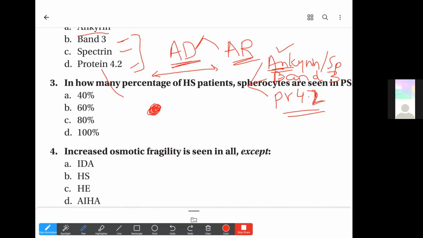And in rare cases of the Rh null phenotype, they also present with spherocytosis and mild anemia. These defects involving ankyrin, spectrin, band 3 and protein 4.2 form the defects in the vertical interactions. So hereditary spherocytosis can occur with defects in all these vertical interactions, but most commonly in ankyrin, and then also in band 3 and protein 4.2, and there is an association with the Rh null phenotype.